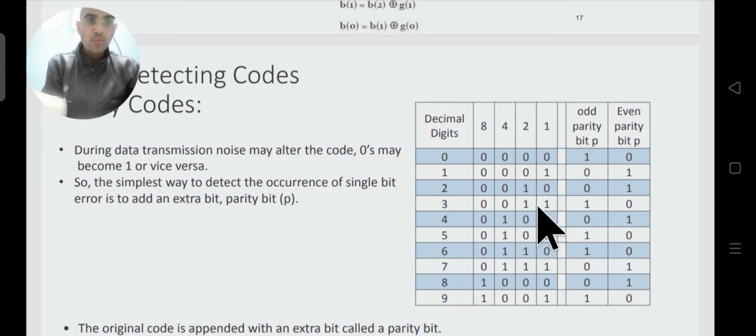Two ones are present in the code, and to make it an odd number of ones we have to include one more 1. So we have included one extra 1 as a parity bit. The total number of ones in the message including the parity bit becomes 3, and now it satisfies the criterion of an odd number of ones. So this is a correct parity bit.